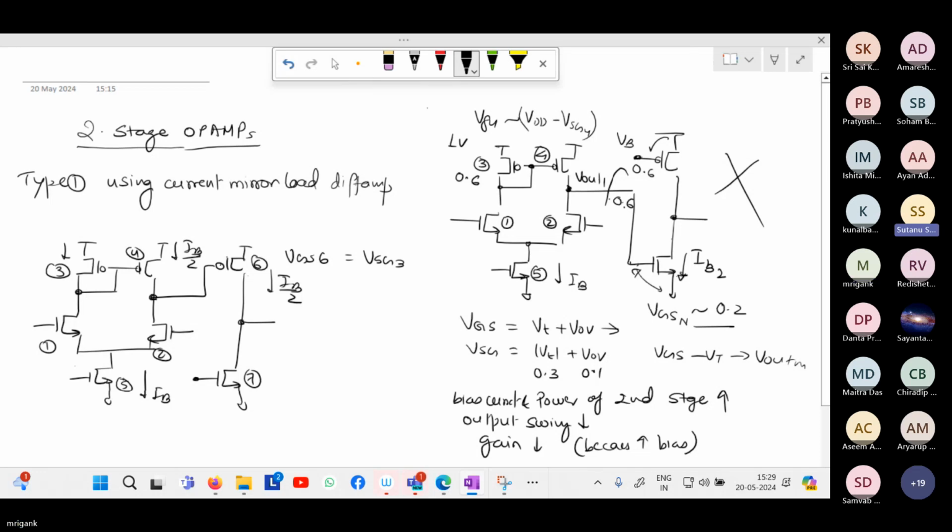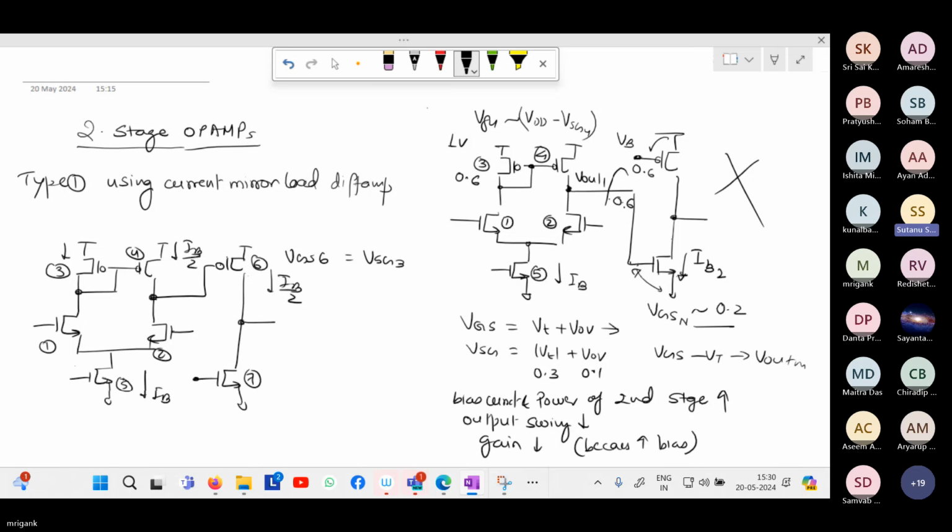Yes, anybody? So it should have a higher length because the gain provided by the second stage will basically be GMP into RP parallel RN, right? So since the GM of the NMOS is not a concern, we can keep the length high while keeping the W by L ratio low. And then we can bias it using a current mirror, which is biasing my IB, such that it comes as half here. Like the W by L ratio of 5 should be double of that